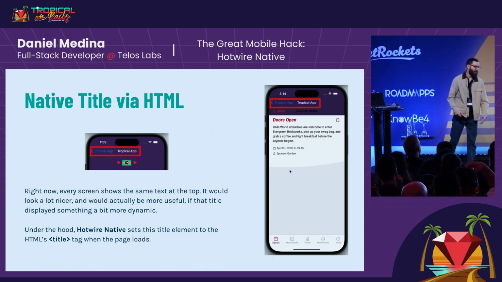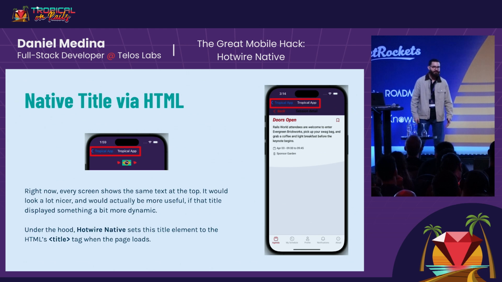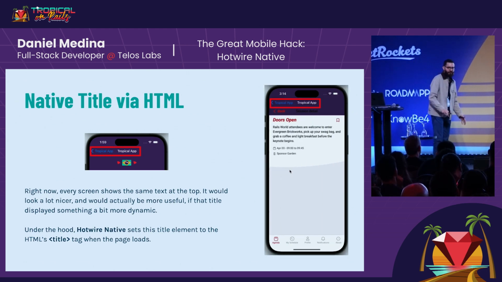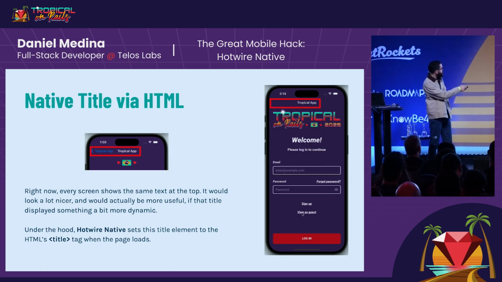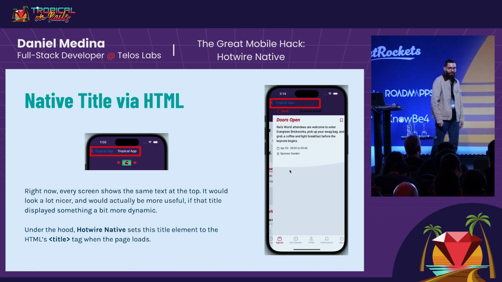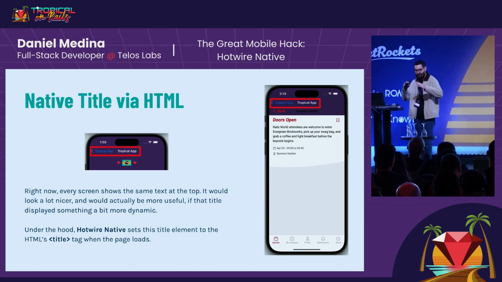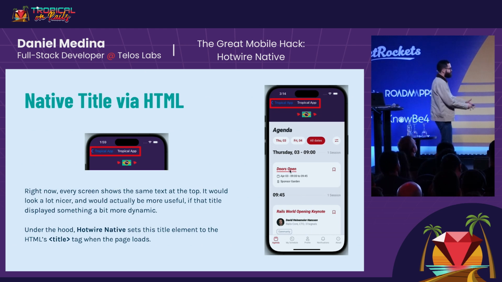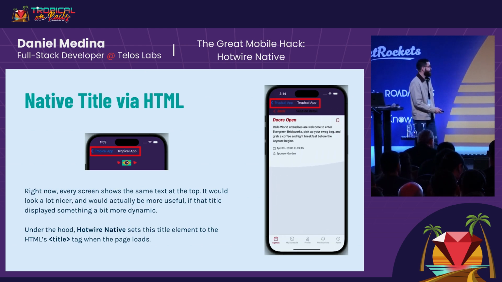So it looks weird, and we have to change that. Just to let you know, under the hood, Hotwire Native sets these titles based on the HTML title tag. So it handled it natively and easily without you doing anything.